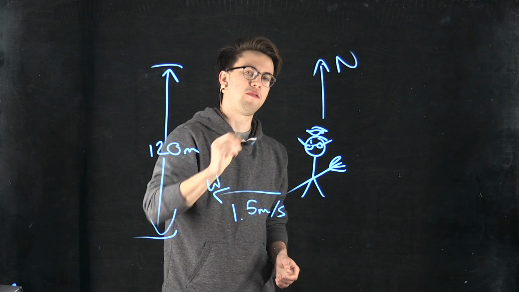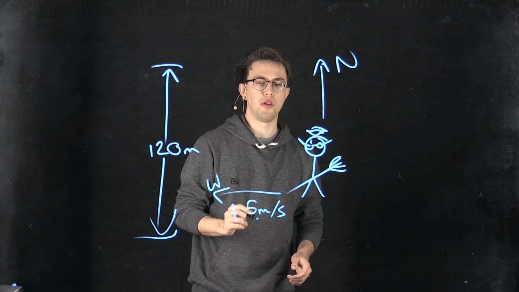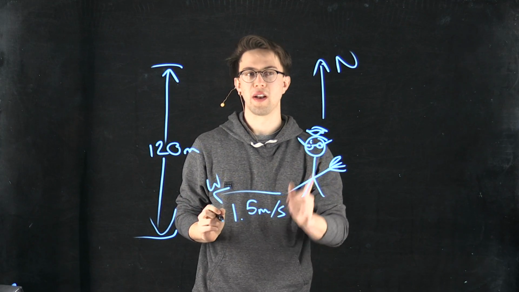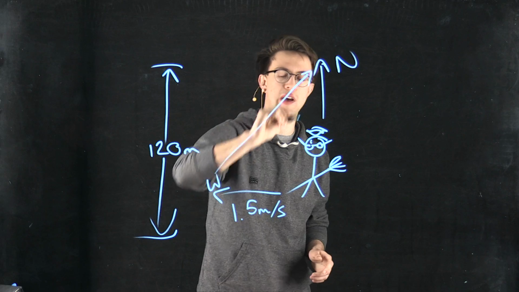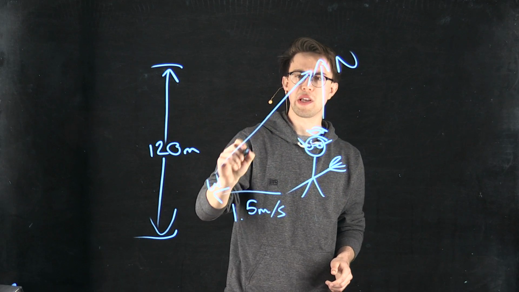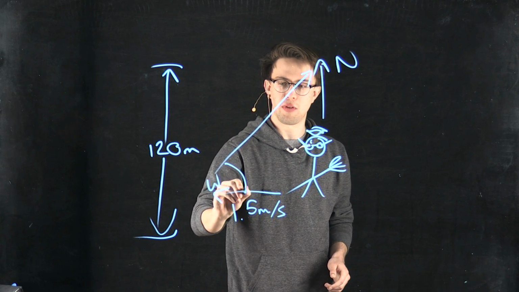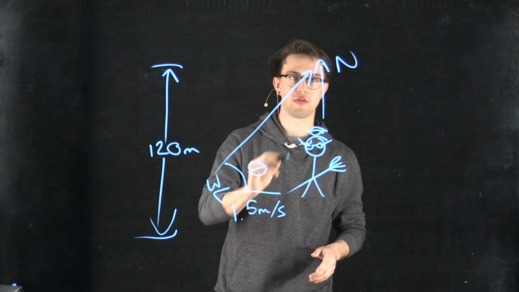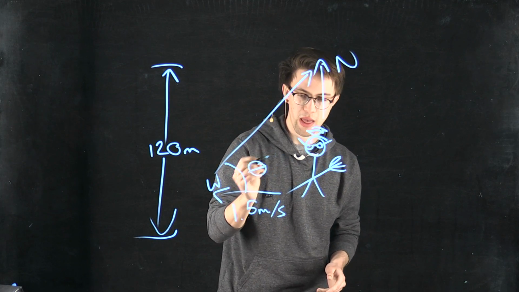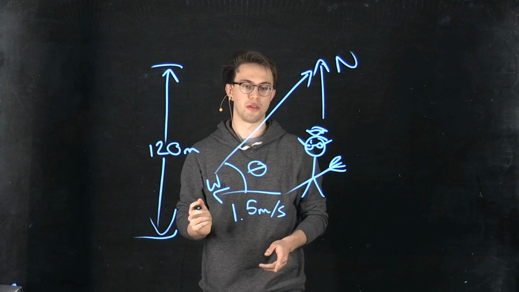So we want to find the direction he needs to travel in order to counteract the westward wind and travel north, straight. So if we draw a vector here, we can see that he needs to travel at some angle theta in order to travel straight north. And in order to find this angle theta,